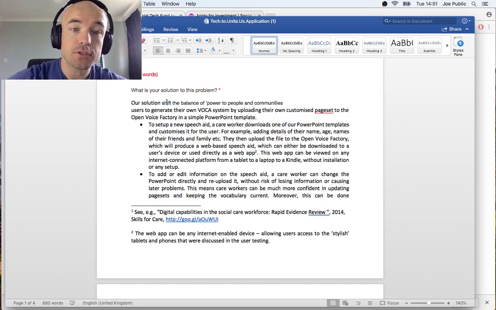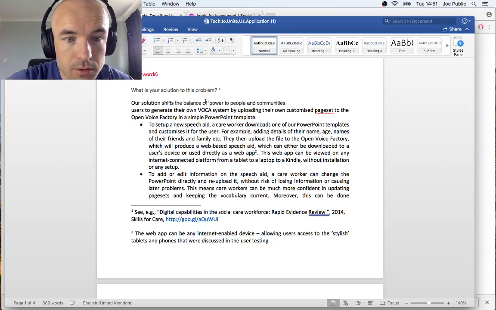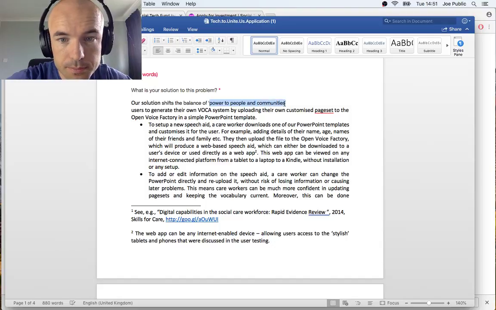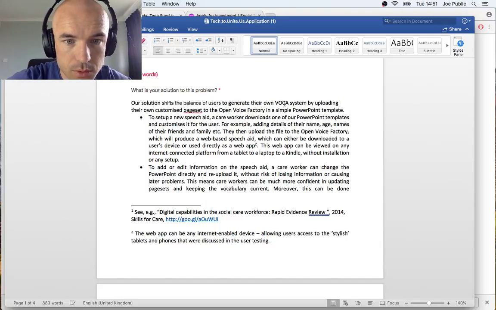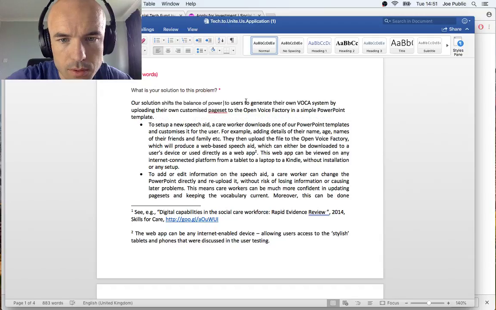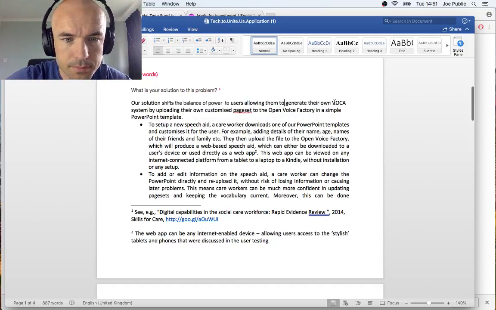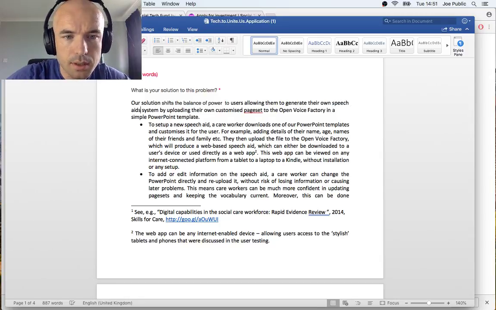Our solution shifts the balance of power to users. So it's allowing them to generate their own speech aids by uploading